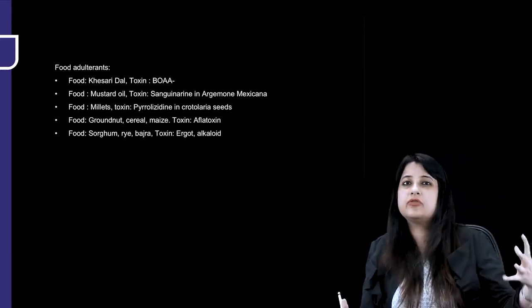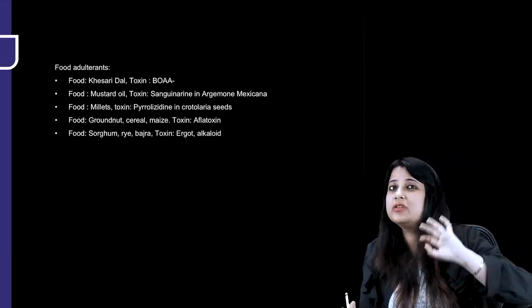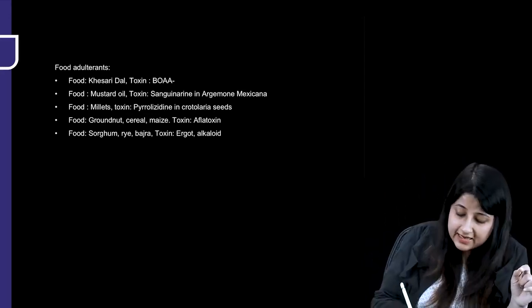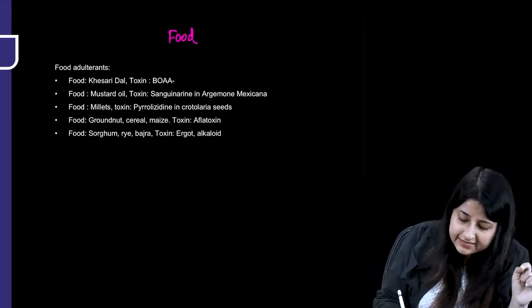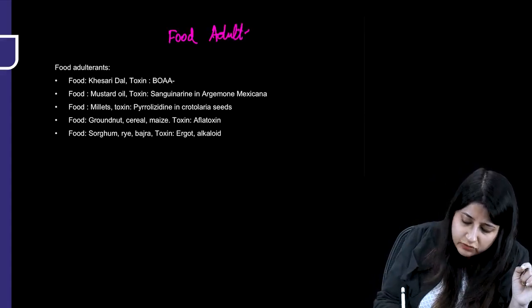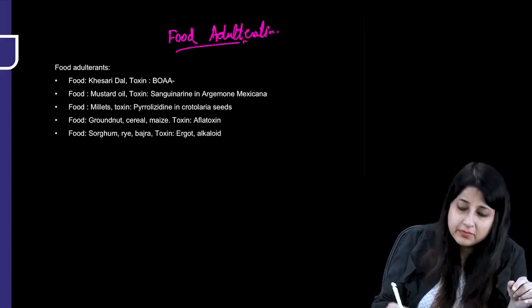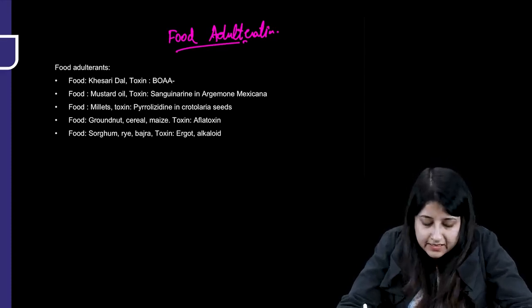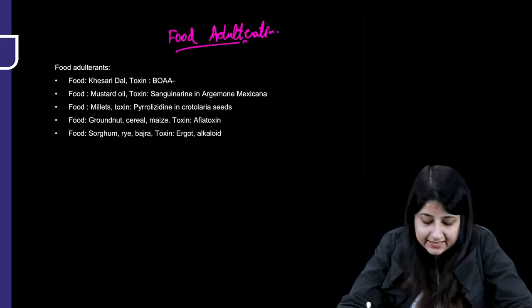So that was about macronutrients, micronutrients, vitamins, minerals, all the essential points I have summed up for you along with some deficiencies. Now, food adulteration, guys, is one of the most expected topics. So we'll be looking quickly at some points from food adulteration, nutritional health programs, and food logos.